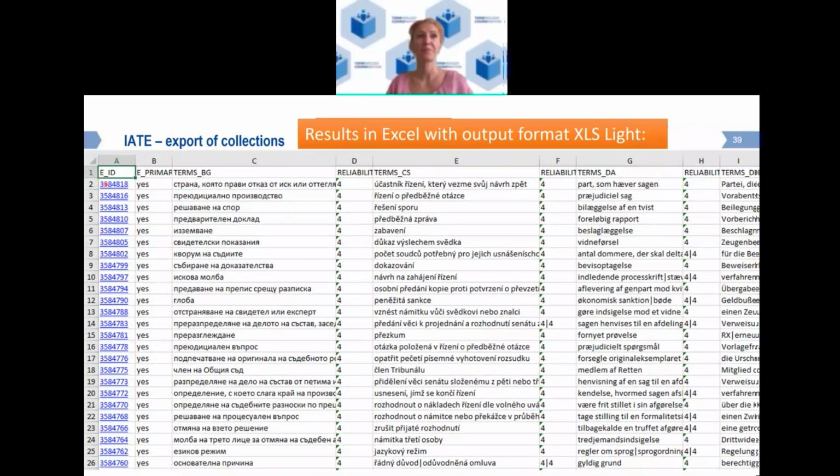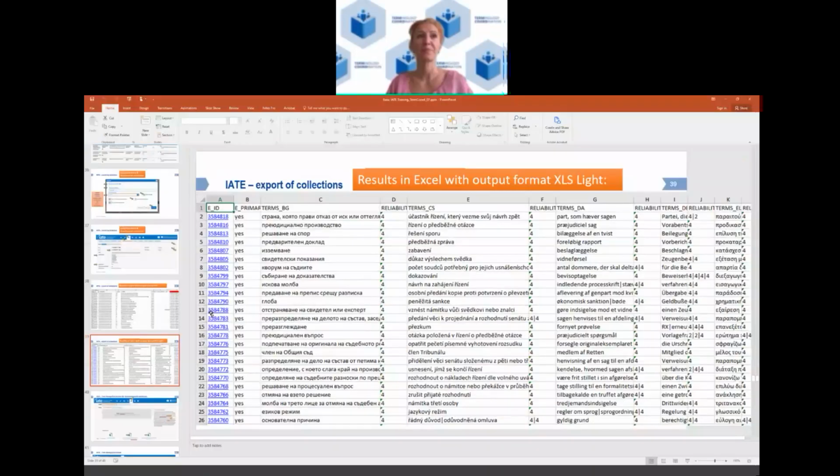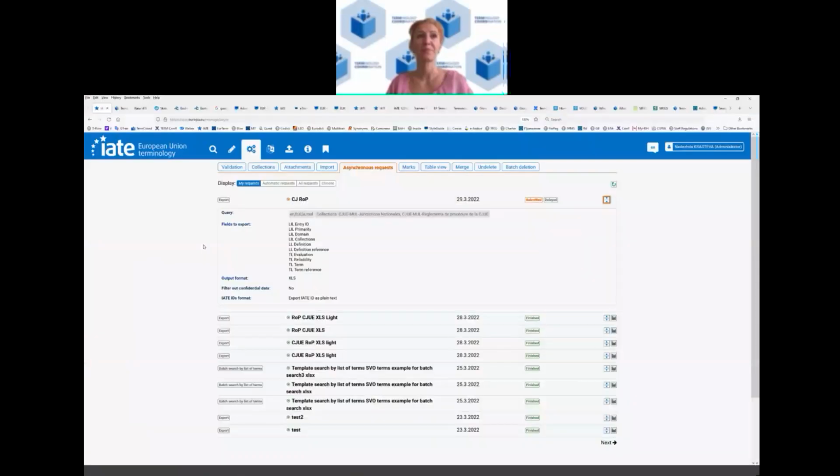So if you export in XLS Lite, these are always hyperlinks because it is necessary for the interpreters to react faster. But it's still a very nice thing to see, and it is so clear when you see it in a table like this, because you have the IATE ID more or less the same as in interpreter's view. So now